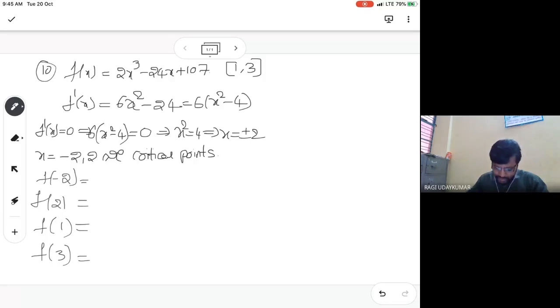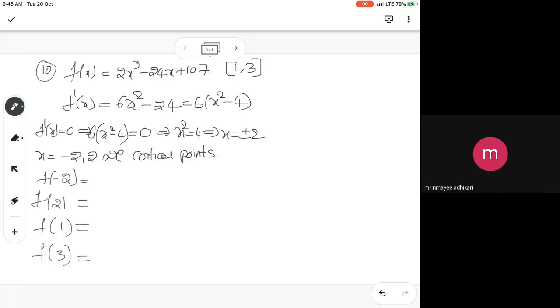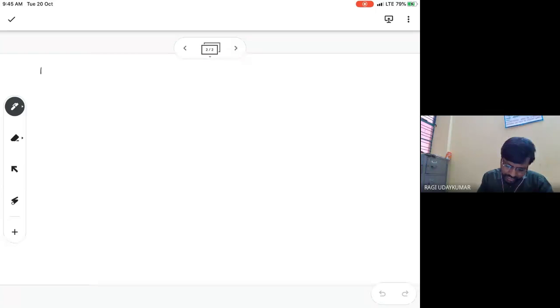Because at least this part, if you are doing that, it is easy. In the same way, the interval you take, minus 3 to minus 1. Can you do it? It's not very difficult, no? It's not very difficult. I think you can do it. So I'm moving to the next problem. Just a hint I have given to you.